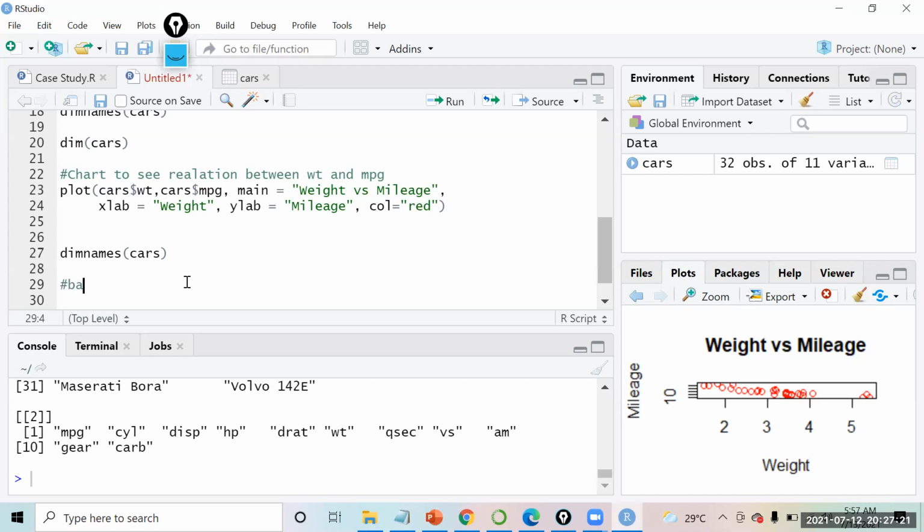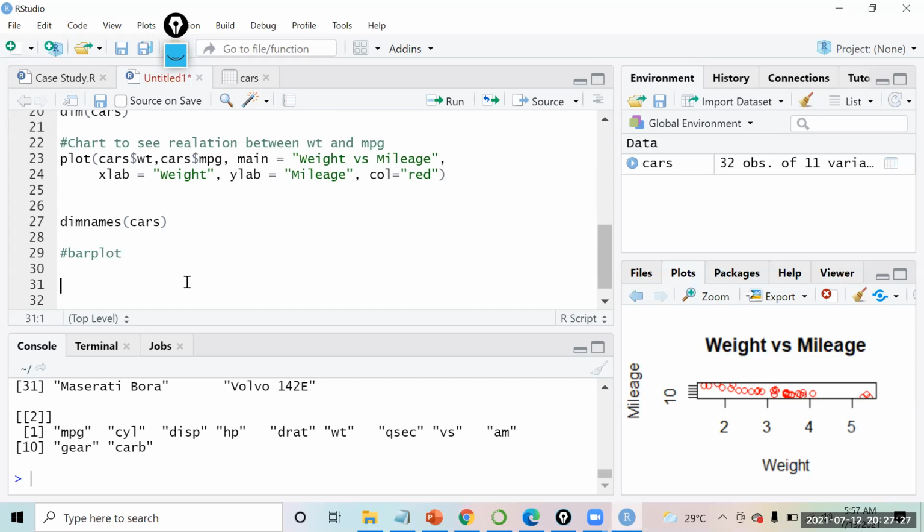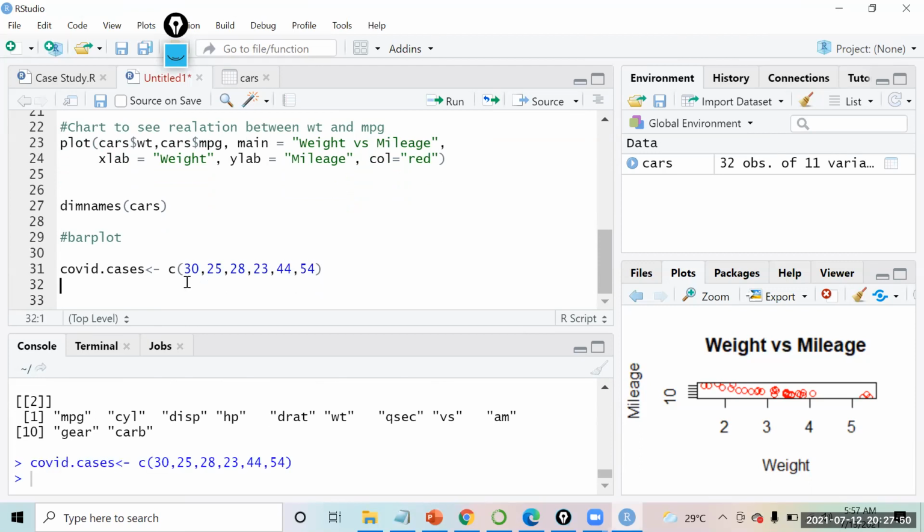So the next chart that we see over here is the bar plot. A bar plot is a normal bar chart that you would like to create. Suppose I have a variable in which I have, say, COVID cases, with some values, suppose 30, 35, 28, 24. Suppose I would like to plot this on a bar chart.